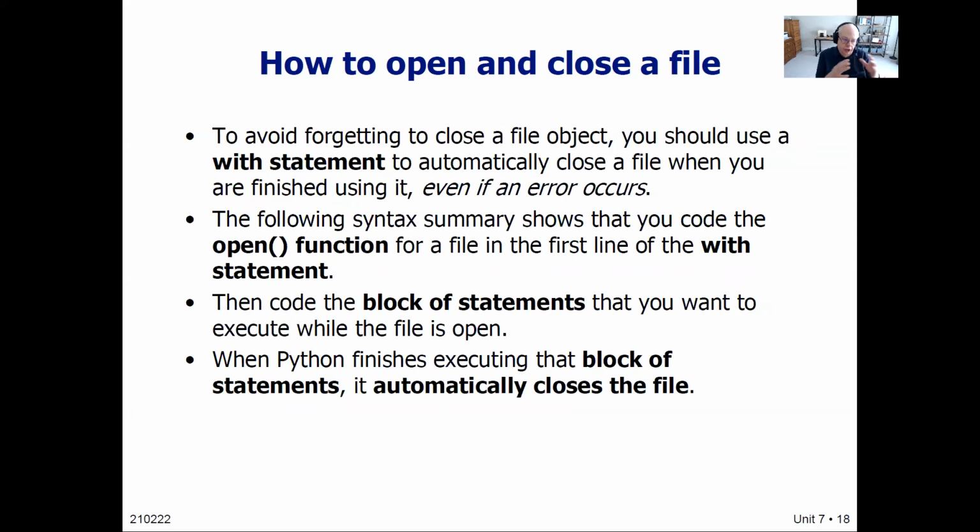Okay, so the good news is we can just forget about that close method. We can use a with statement to create a loop that will open a file, keep it open while we're processing data, and then when we exit out of that loop, we will